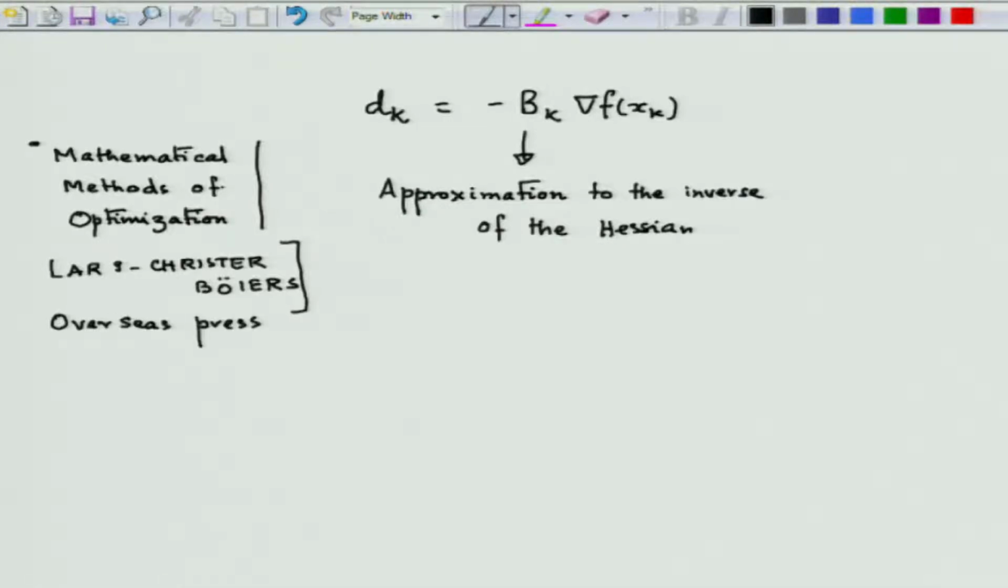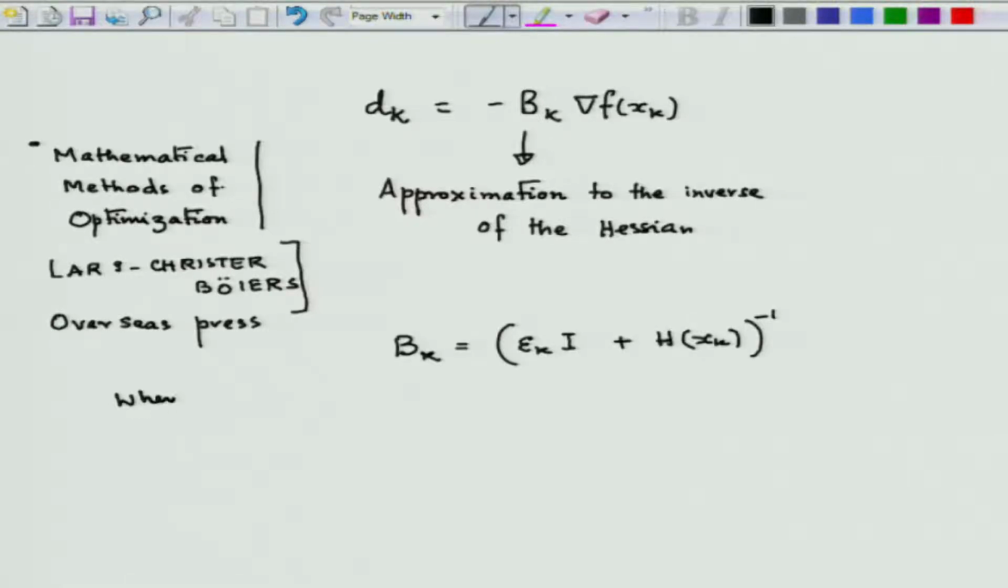What Christian Boyers suggests, Lars suggests to us. He said, okay, you could possibly choose Bk as follows: epsilon k times the identity matrix plus the Hessian. So, he is not inverting the Hessian, he is adding a multiple of the identity matrix, and the new matrix he is inverting, and calling that matrix Bk,